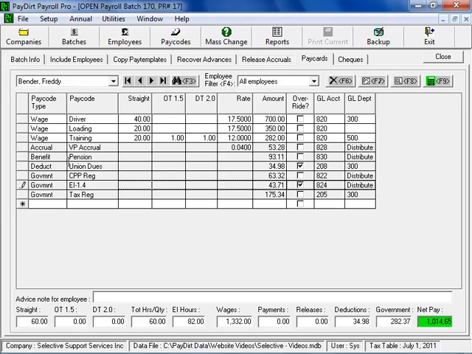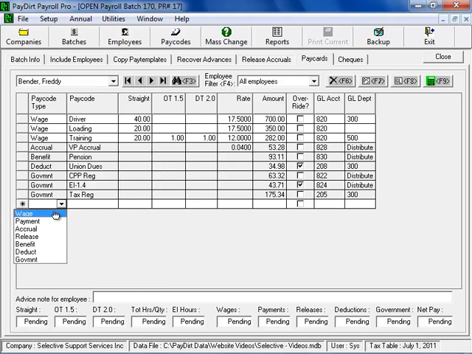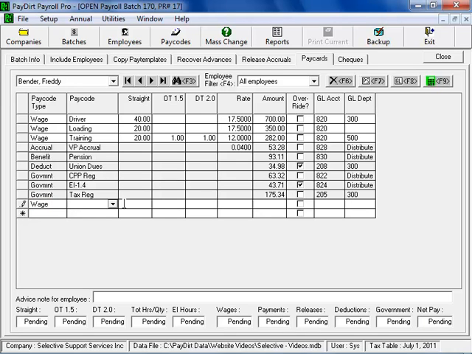I can also, even though the employee is set up for just having 3 wage pay codes, add rows if I need to. Even though they're not set up for that, I can easily do that, and I can pick from my list of pay codes, and I'm looking at wage pay codes, not benefit or deduction pay codes, but I'm going to pick a generic pay code called hourly pay, and the program knows that this employee's standard hourly rate is $17.50. I might put in the number of hours that I require there,